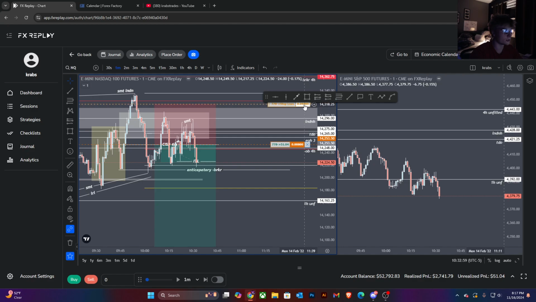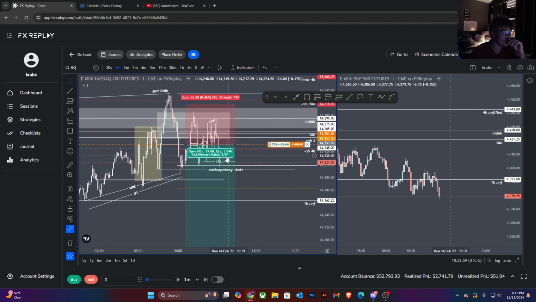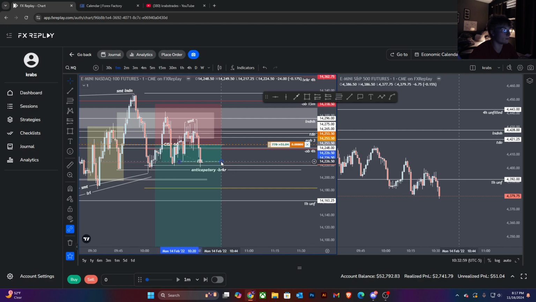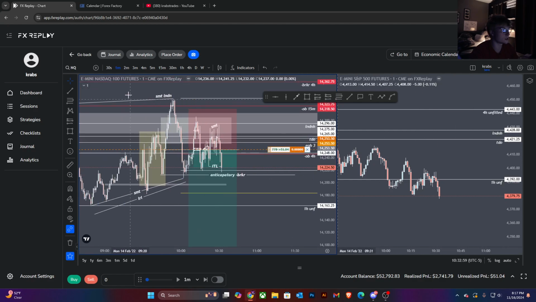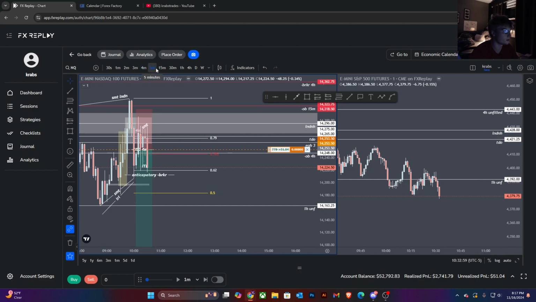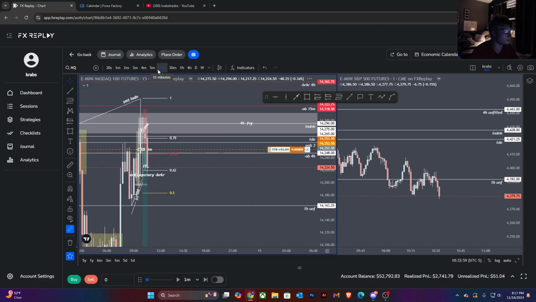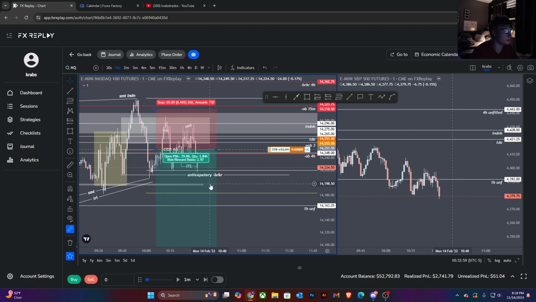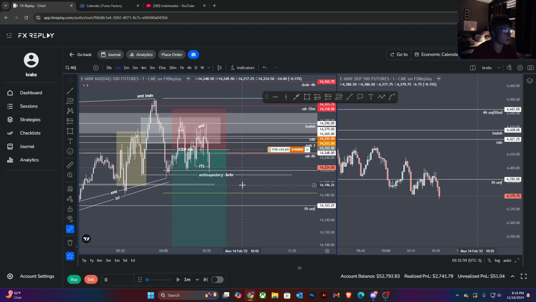So yeah, I'm risk free there. Since we're already up on the day, I'm not trying to be risking now after holding all this drawdown. So break even here at this internal we made. This does still look good to sell off. Held this 4-minute. Still looks good to sell off. Kind of some crazy drawdown, but it's alright.